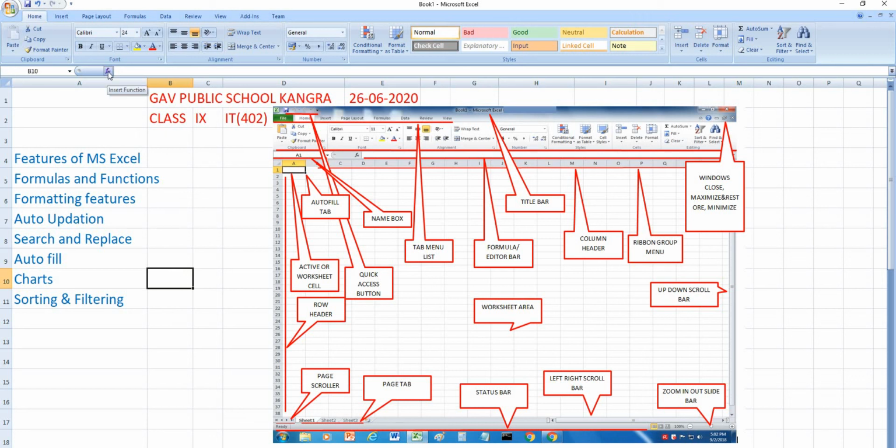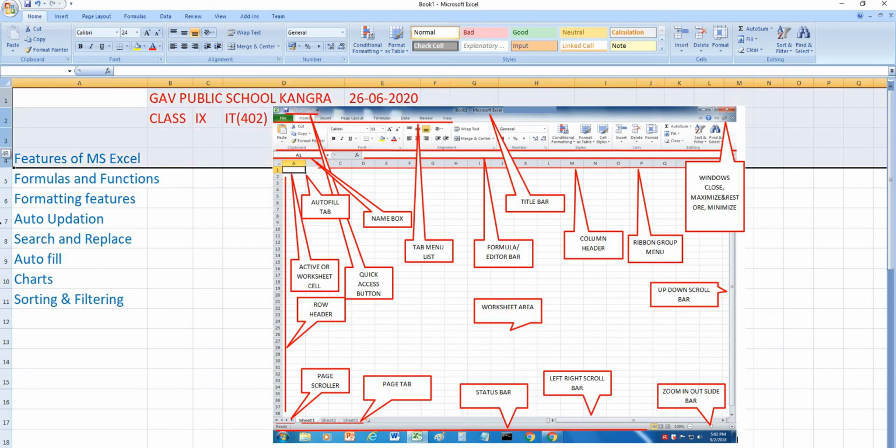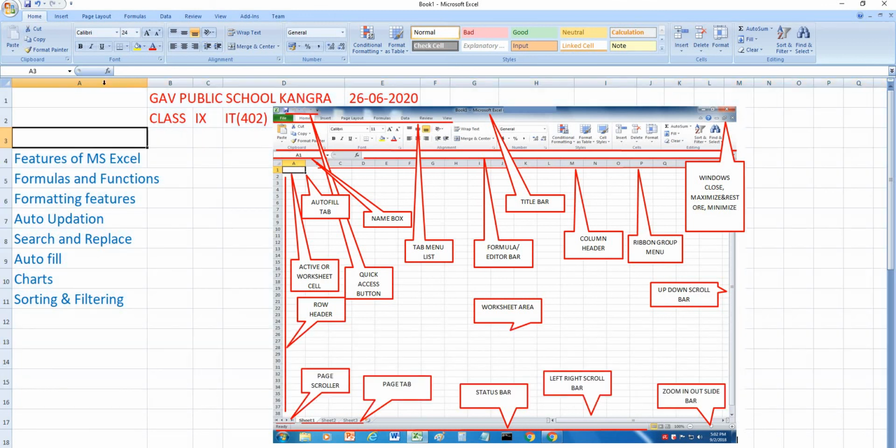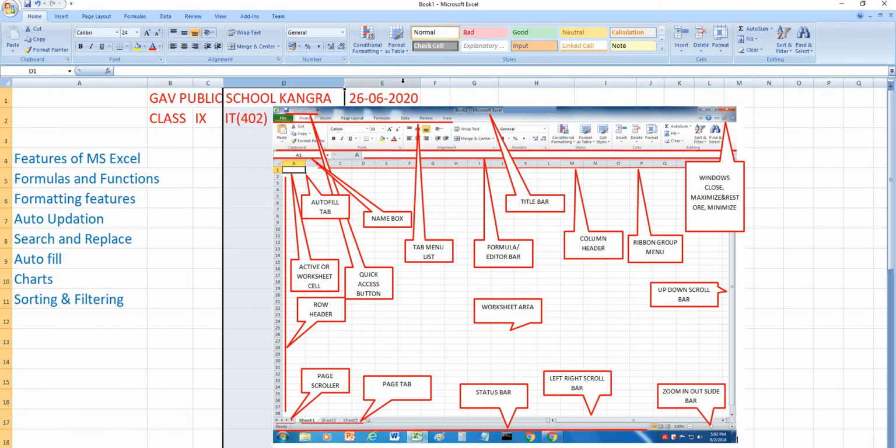Then comes the function or the formula bar. Then this is your work area or the worksheet area. Then these are the row headers 1, 2, 3, 4, and A, B, C, D are the column headers. Here are the names of sheets, which is known as the page tab.